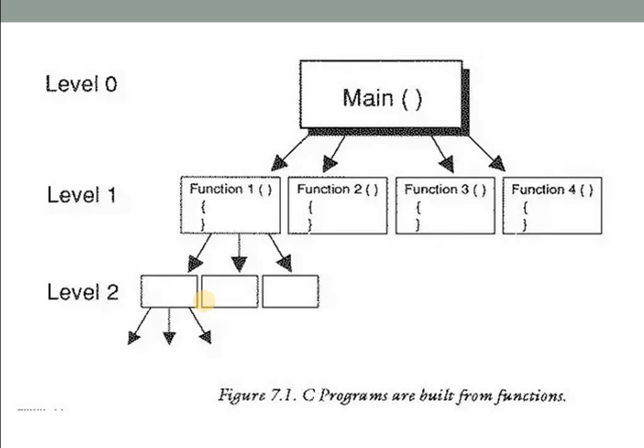This is an example of the top-down approach. Here you can see an example of a C program, which is a procedure-oriented program. From the main, we are dividing the main into different functions. From function 1, again we are subdividing it into different modules. So at level 0, we have only one main function, that is the top part. From that top part, we go module wise. It is divided into 4 modules. Again, the first module is divided into 3 modules. Like that we are moving downwards. This approach is what we mean by a top-down approach.